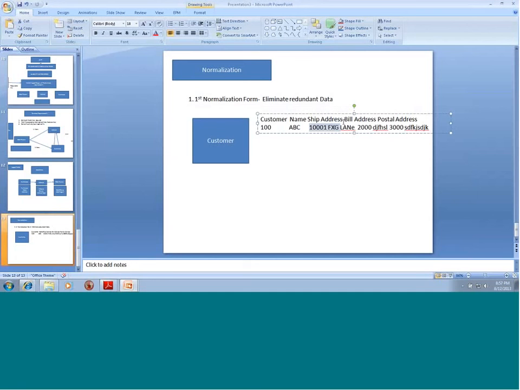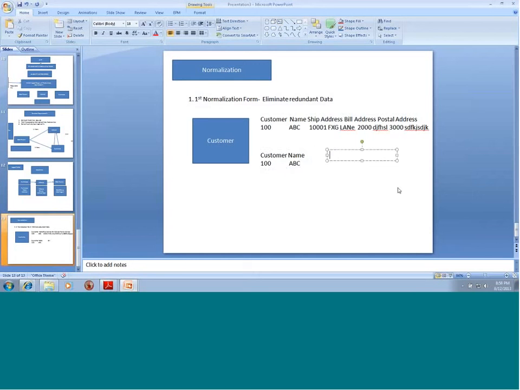So I can remove this information and put them in a different table altogether. I'm going to create 2 tables, customer and name. That will hold 100, ABC, and I create one more table